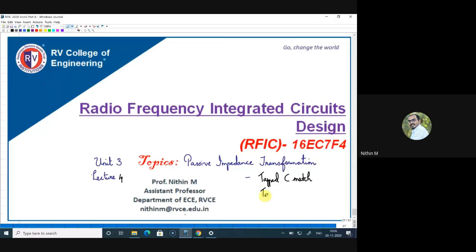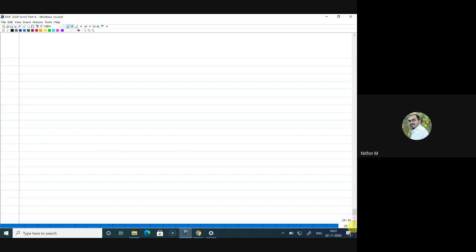Along with this tapped capacitor match, there is something called tapped L matches also. We'll see how this tapped L match works as an impedance matching network. This matching network also has the ability, as we have discussed in the case of pi match, because